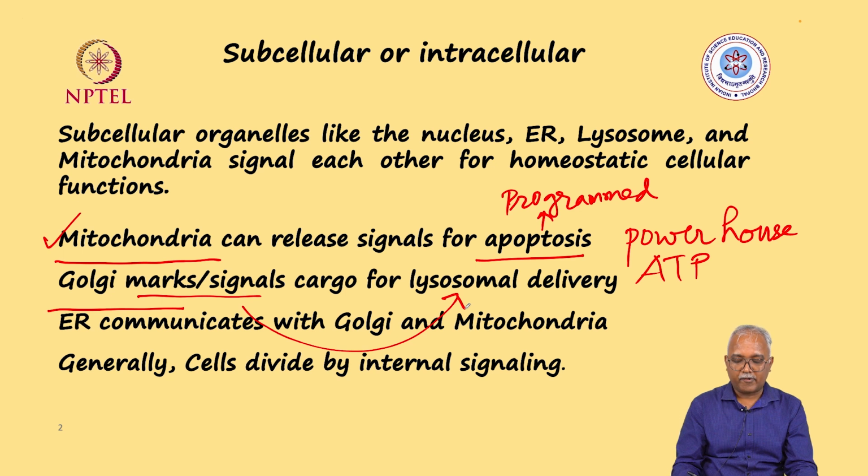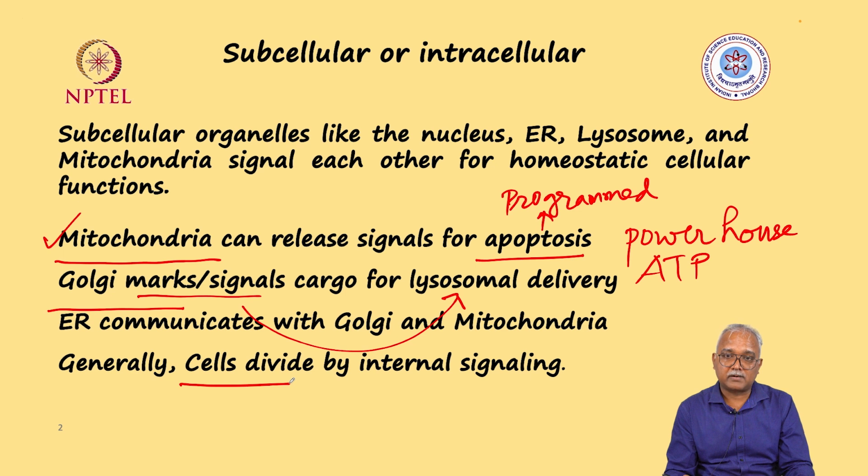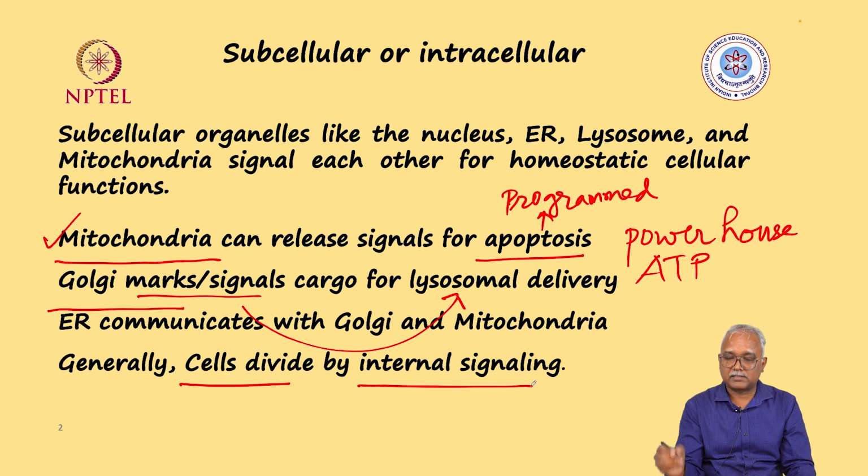More importantly, cell division is regulated by internal signaling. In the previous class, we discussed how proliferation, whether mitotic division or meiotic division, is tightly regulated by signaling. So when a cell decides that it has to undergo division, often it comes from internal signaling, which means that you weigh the presence of different organelles, components, and the potential of the cell to divide, and it undergoes the division.